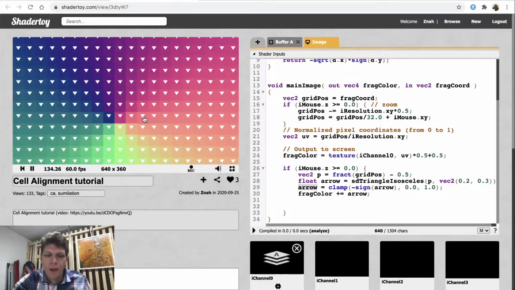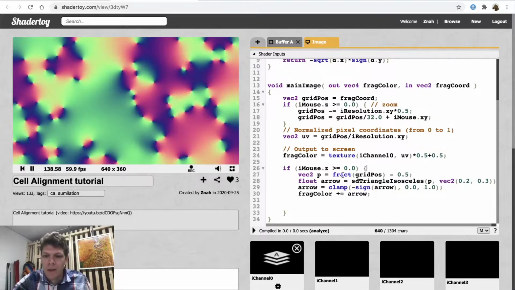Now every cell contains a tiny white triangle when we are zooming in. This line computes the coordinates of the current pixel inside of the cell. Note that I have set the origin to the center of the cell. This line computes the signed distance from the triangle to the current pixel inside of that cell, and this line